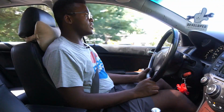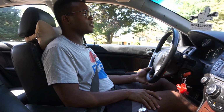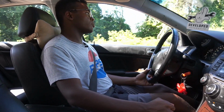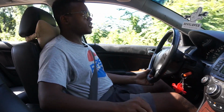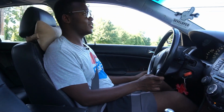The ride is not too firm. It's not really firm, I wouldn't say. It's just the perfect mix of firm, but also nice and smooth. And when I'm driving normally, like taking off here, the clutch is very light. It engages about halfway. The shifter, like I said, very clicky. Feels very nice. But yeah, I had to get used to the rev hang, because at first I was like,